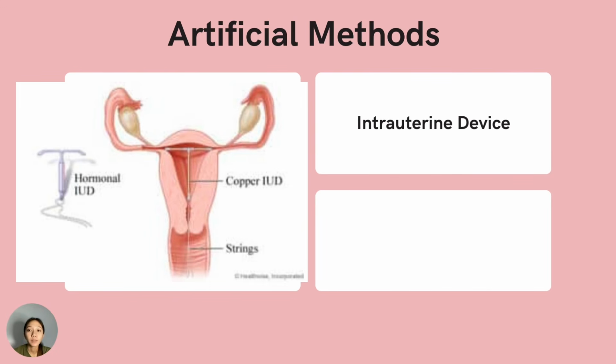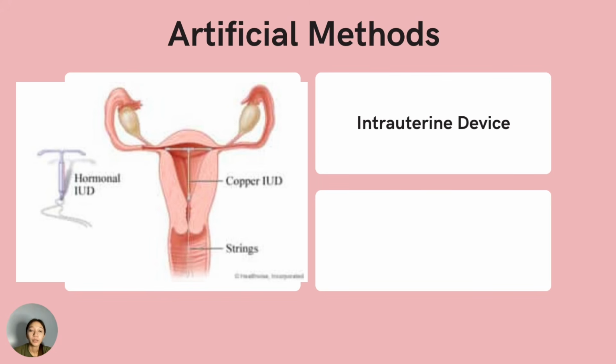So the IUD is a small T-shaped object that is inserted into the uterus via the vagina. So ito yung IUD, yung sa picture na yan, class. So it prevents fertilization by creating a local sterile inflammatory condition to prevent implantation. So the IUD is fitted only by the physician and inserted after the woman's menstrual flow to be sure that she is not pregnant. So yung physician lang po ang pwedeng maglagay nito,